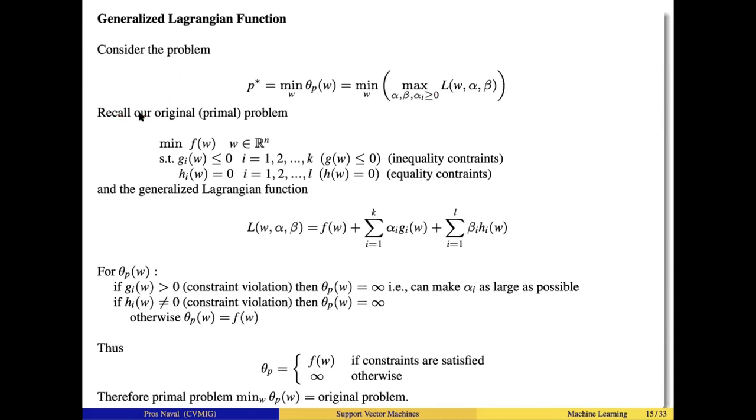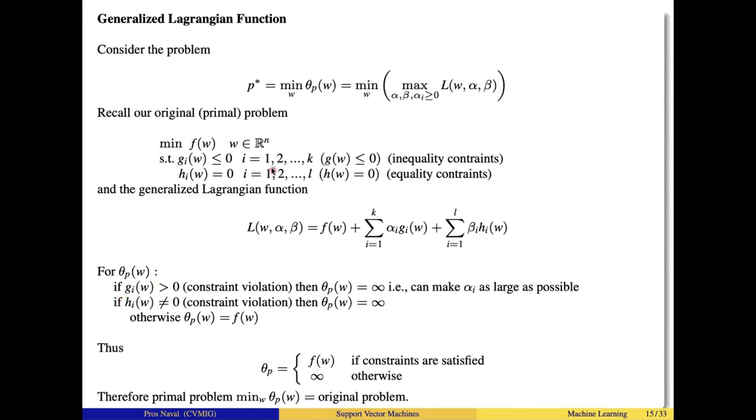recall our original primal problem. Okay, this is our original problem. Now the generalized Lagrangian function, as defined earlier, is just this. So it's a repetition of what we had earlier. So these two. Now, for theta p, which is this part here, if